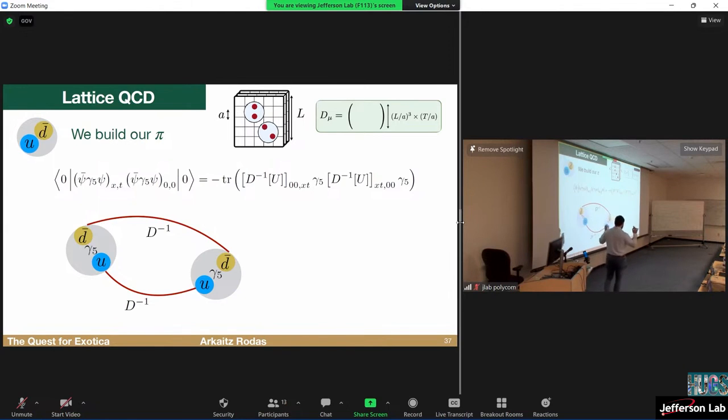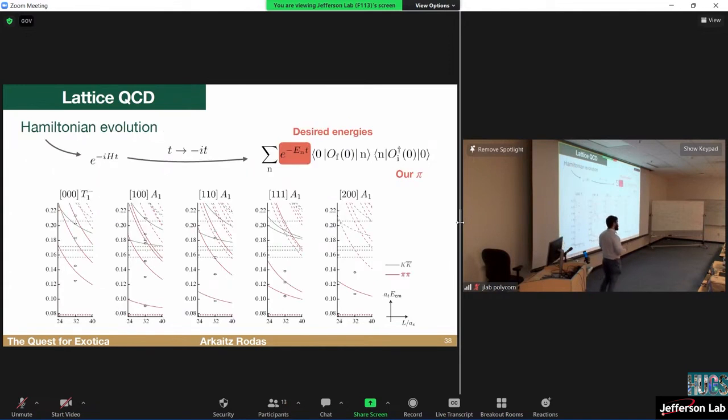Okay, so we did all this, we got our clever algorithms, and then at the end of the day, we got the evolution of these operators on the lattice for a pion. Why do we care about that? The thing is, we no longer have Hamiltonian evolution, right? We went to imaginary time. So this exponent is now a decaying exponential. And those energies, because they are again exponential, we can fit very well. So when I put a system of particles here, let's say pions and excitations of pions, I end up recovering lots of these, as many as systems I put here for the basis, okay?